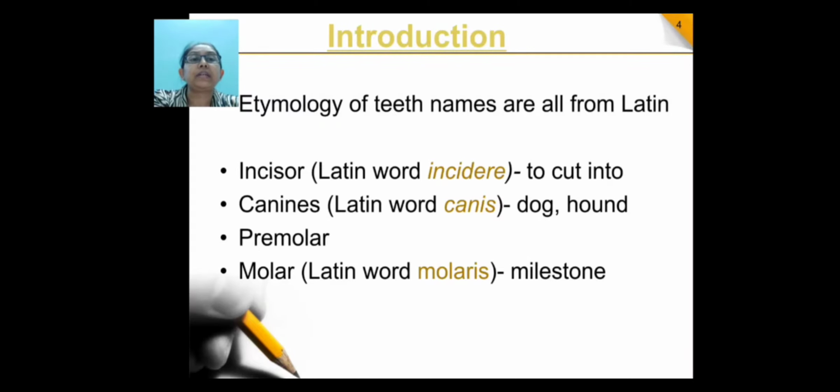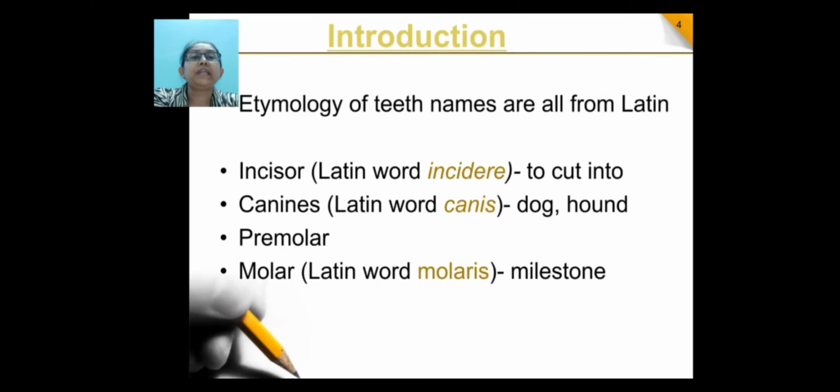need to understand first and foremost the nomenclatures and the various terms that are used for it. So the main purpose of this particular topic is first of all to understand the terms that are used clinically to identify the teeth and also the nomenclature. So let us first understand the terms of the nomenclatures that are used here.